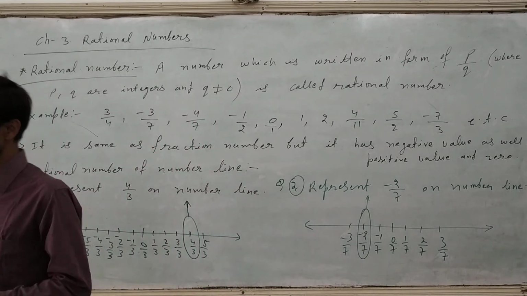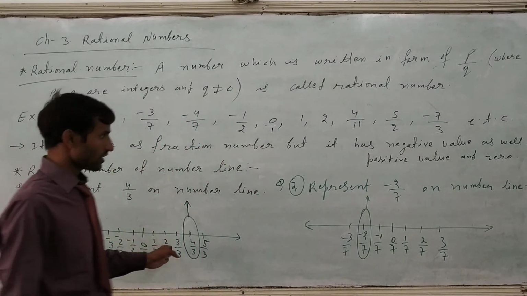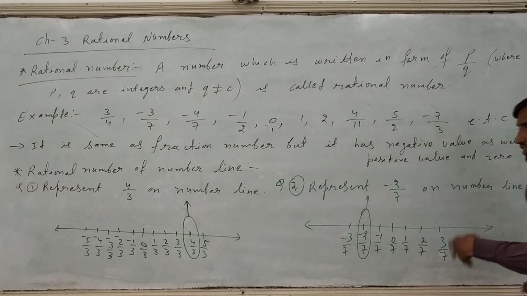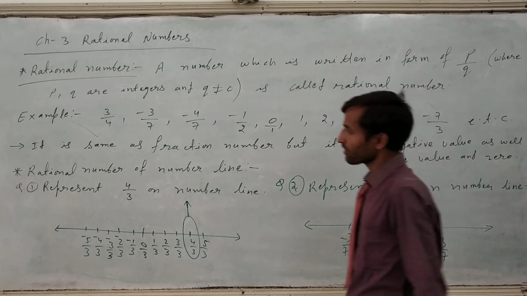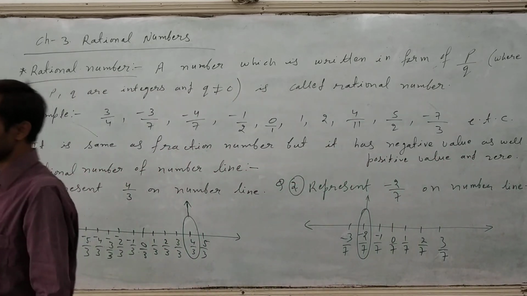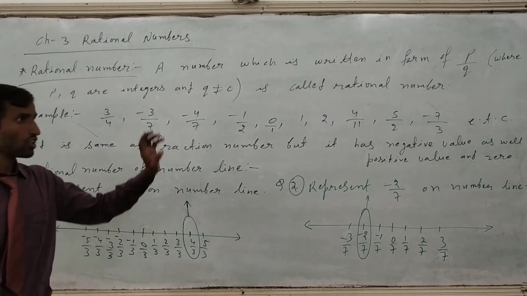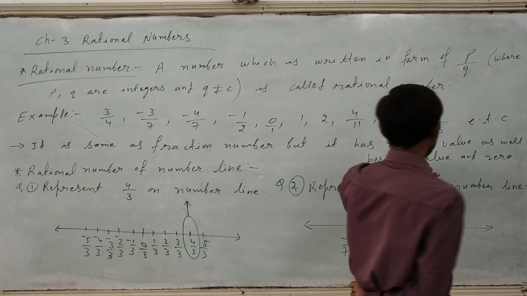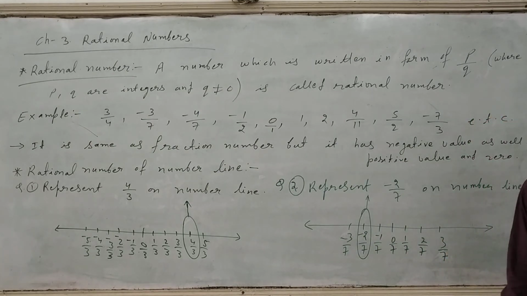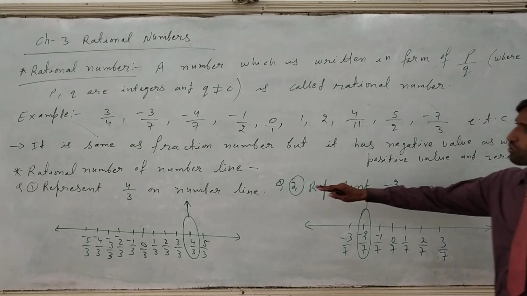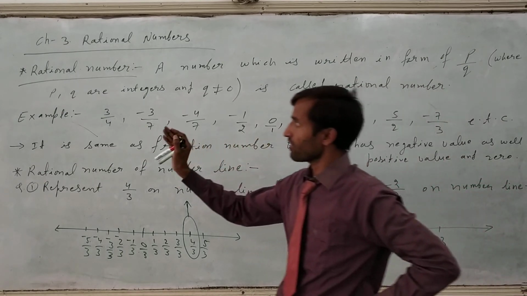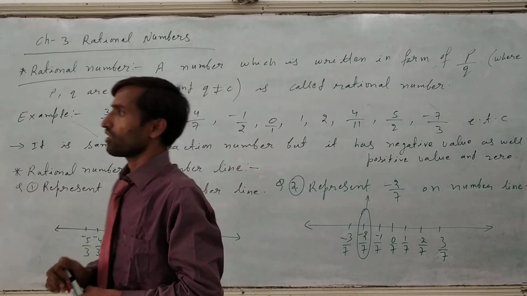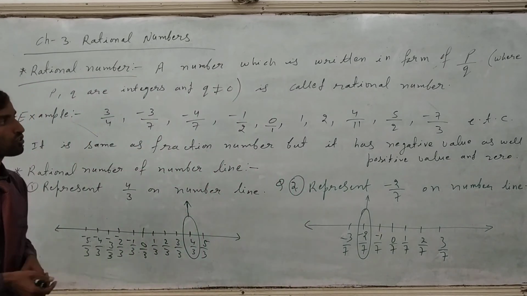Sometimes in the 9th class also the same type of question will come. In the 8th class also it will come: represent the decimal number on the number line. You will do the same process, then you will get the correct answer and you will get full marks. This topic will come in each class up to 10th class, so you have to understand this chapter very carefully and solve easily. You can understand because you already know fractions; the same process we have to use here.